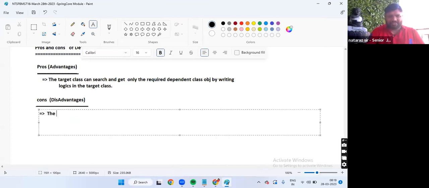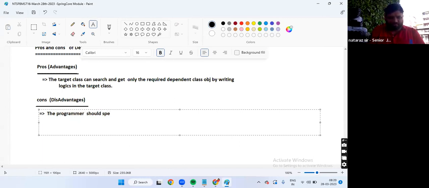Okay. The programmer should spend some time and should write some logics to search and get the required dependent class object.